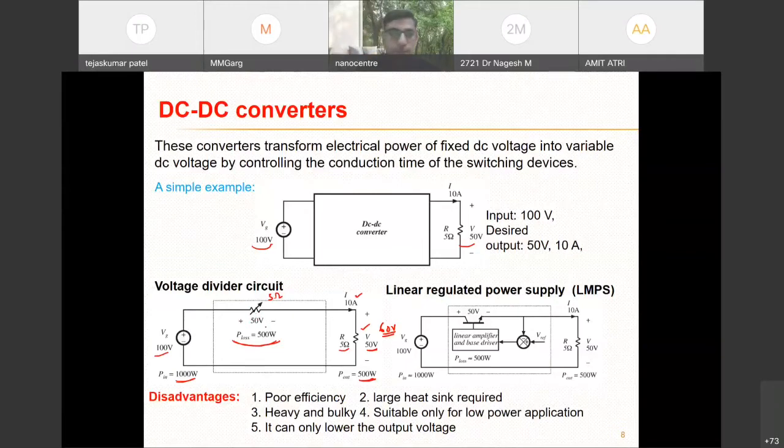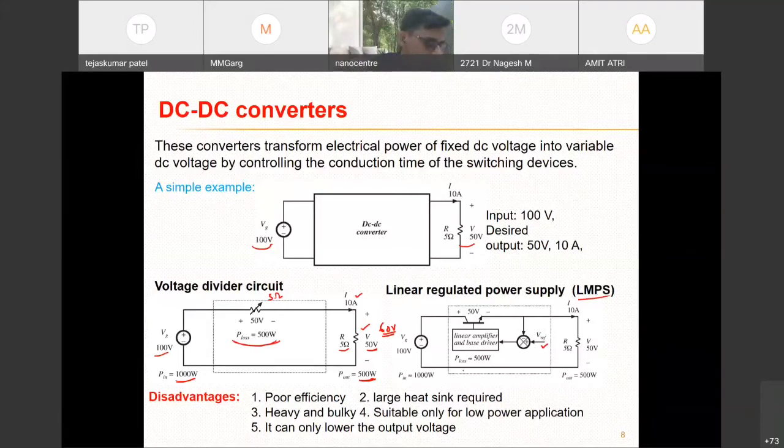So the remaining power is being wasted here, that is, pure losses. So efficiency here is 50%. Another thing is, next time if I want 60 volt, let's say my load demands 60 volt, then I need to vary this knob of resistance so that this becomes 60 volt, and this resistance is set to a value in such a way that 40 volt drop is there. So every time I need to set this manually, right?